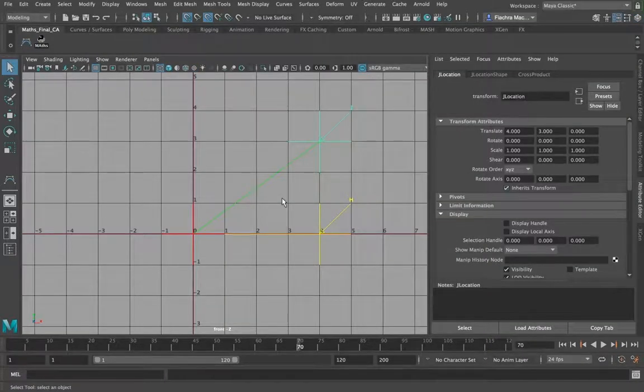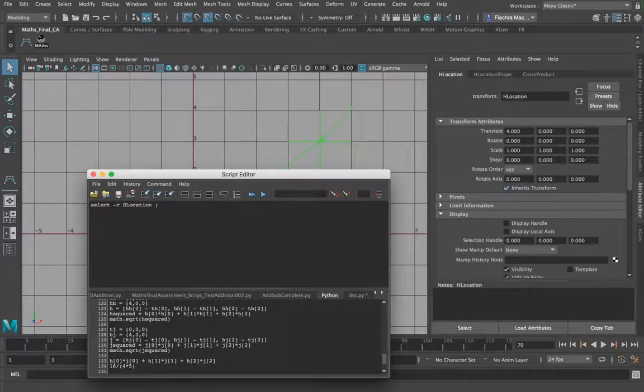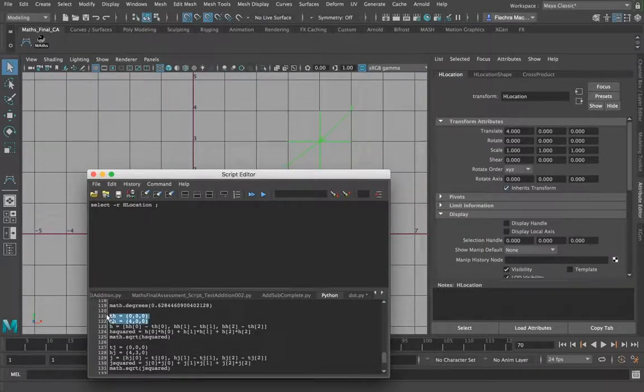Okay, now I'm going to show an example of how to calculate the cross product. These are two vectors, h and j. So if I click on j, I find that its coordinates are 4 in the x, 3 in the y, and 0 in the z. And for h, it is 4 in the x, 0 in the y, and 0 in the z. So just to make sure that that is a right-angled triangle, I run the numbers in the script editor, subtract the tail from the head,